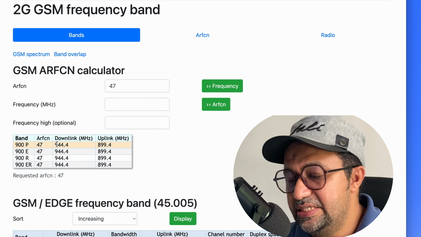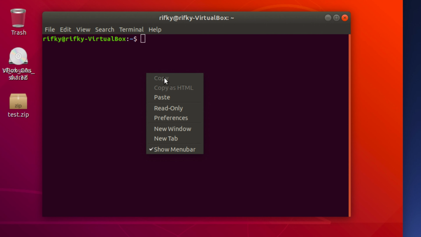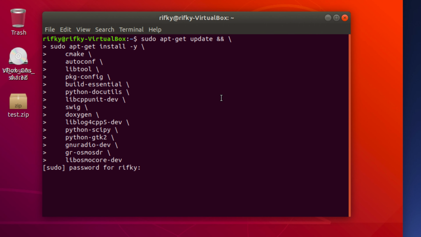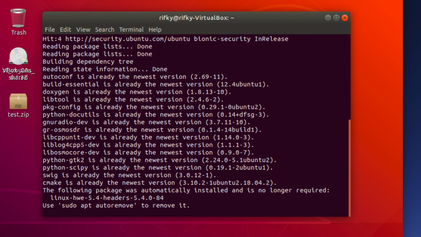And of course, before we start with the headless command for triggering the signal generator, we need to install it first, right? So it's easy. The installation I will just provide in my GitHub link. You just need to copy like this, and then paste it like this, simple, and then put in your password, and let the installation finish.